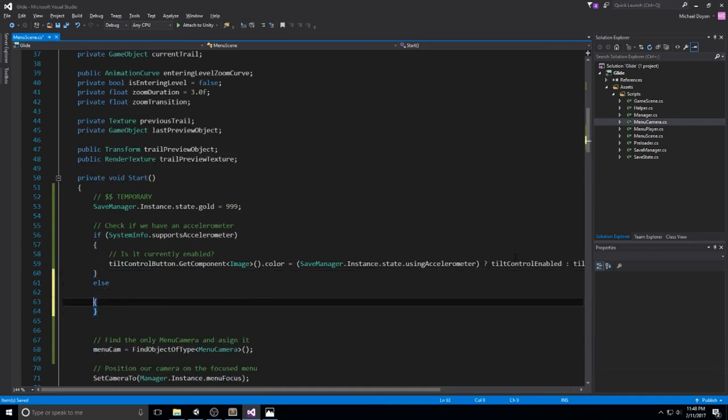I'm going to say tilt control button, game object, set active, and we're setting that to false. Now what's going to happen with this is we're never ever going to be seeing this button on the computer. Even though we plug in the Unity Remote like we did last episode, we're never going to see this because it still